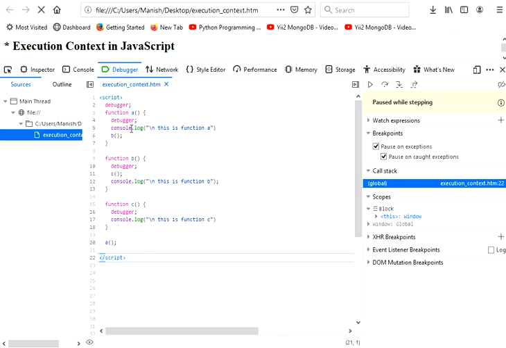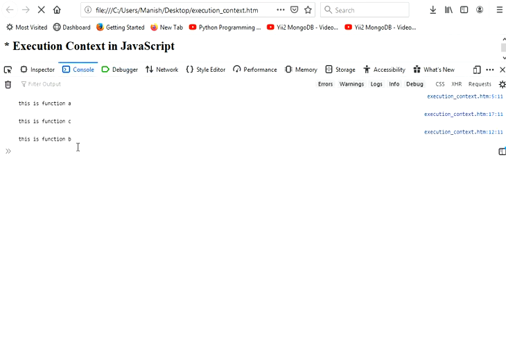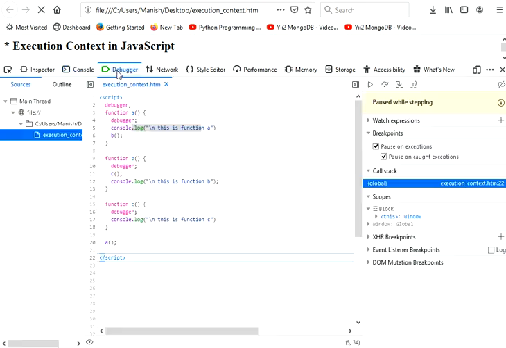Now here we first called this one. This is function A, printed here. You can see in the console also, A, B, C, all are consoled there.